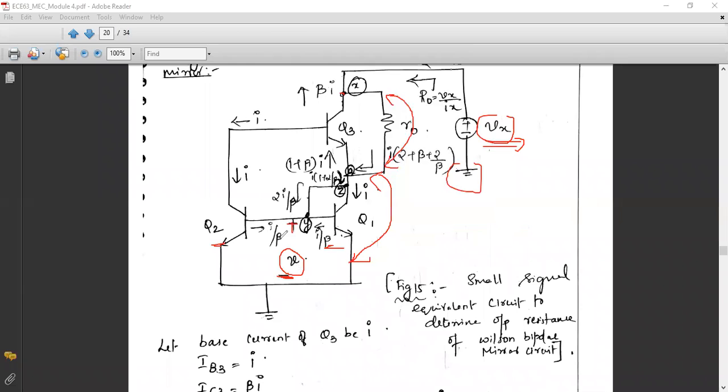Clear, students? So if this is V, then obviously this voltage is also going to be V. Why? Because we are having a short circuit between base and collector, because of which the potential difference will be zero. So the potential will be the same. The difference between the voltage will be zero between the node Y and Z. That means the voltage at node Y is equal to V, and the same voltage we can maintain across the node Z also. So now how can you write the expression for Vx, tell me.